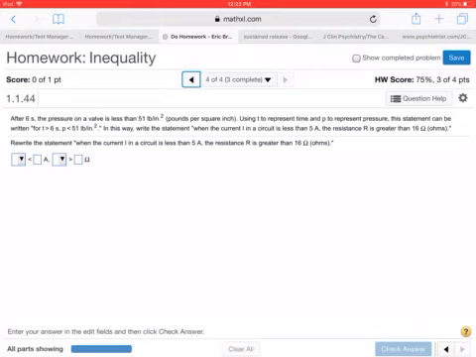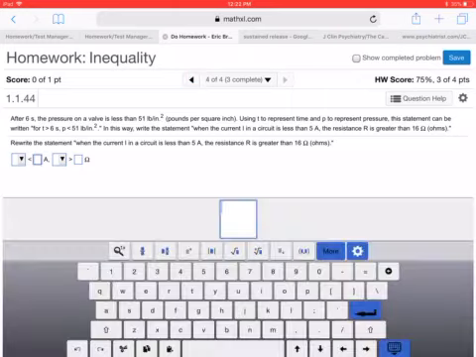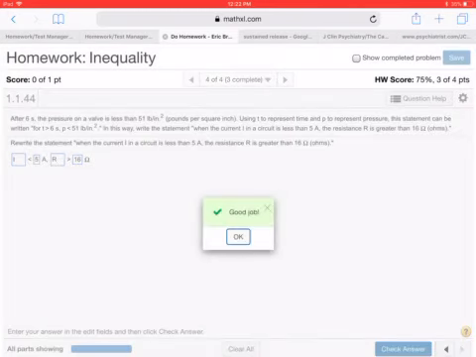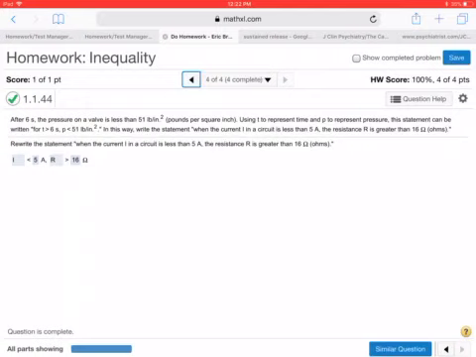So using T to represent time and P to represent pressure, this statement can be written as, for T greater than 6 seconds, P is less than 51 pounds per square inch. That's what they're saying. In this way, write the statement: when the current I in a circuit is less than 5 amps, the resistance is greater than 16 amps. So I better put current and resistance, and then I better put 16. And then I'll just check the answer. Good job. All right, so that's it for